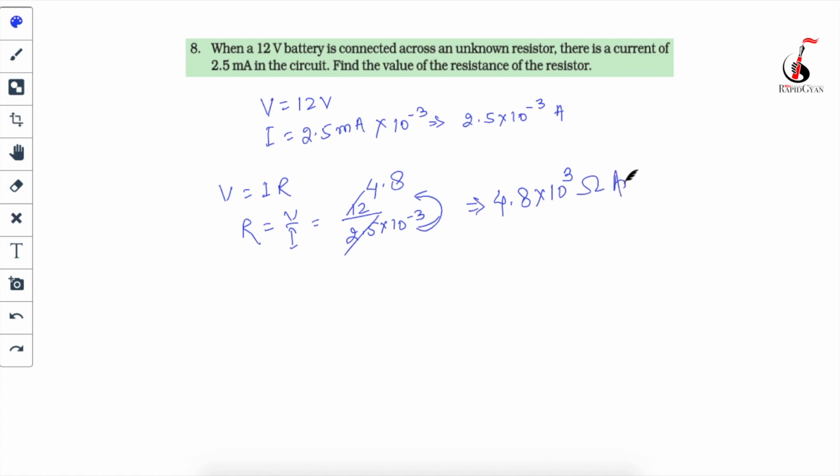That's your answer, guys. Please make sure to write the unit in your exam, otherwise you will not get the full marks. So a few things are very important. You will have to write the formula and you will have to write the unit. These two things, never forget to do that, okay? And also whatever observations are given in your question. Okay, let's go to your next question.